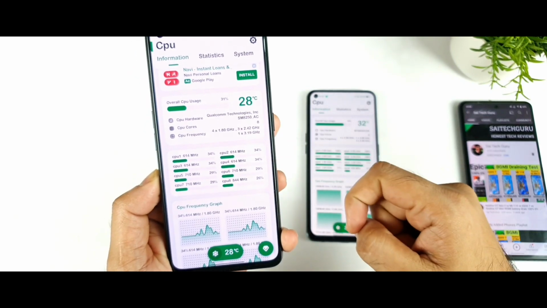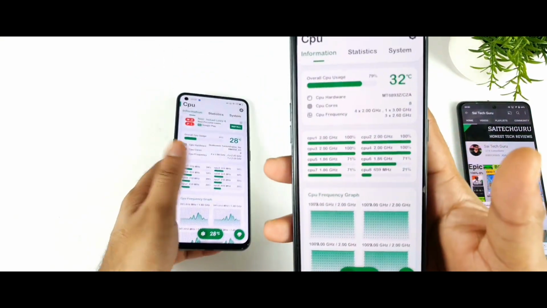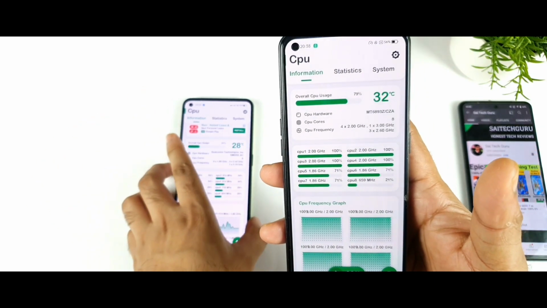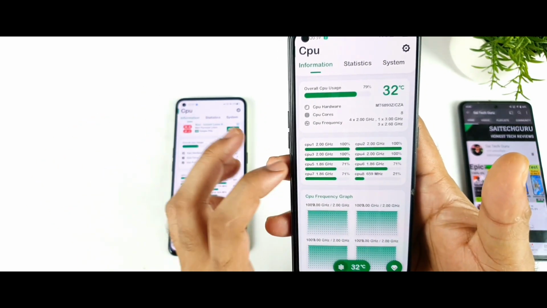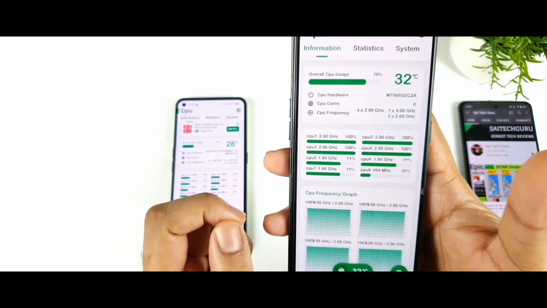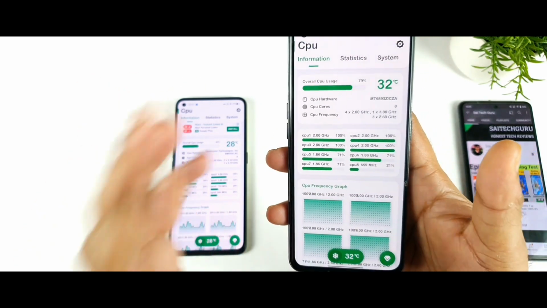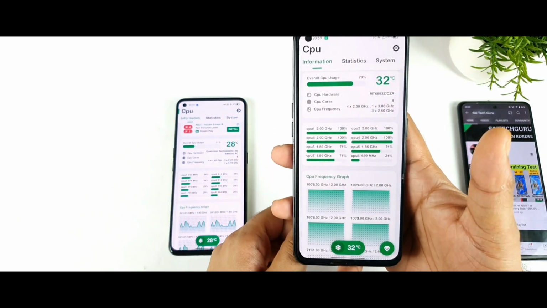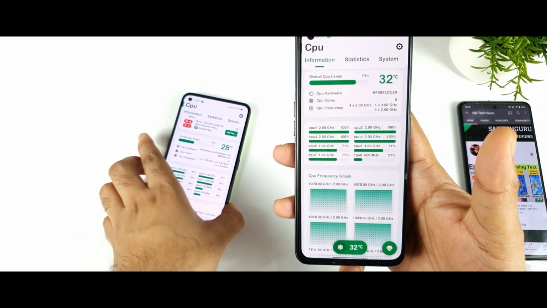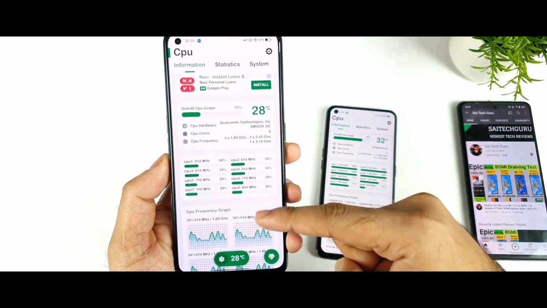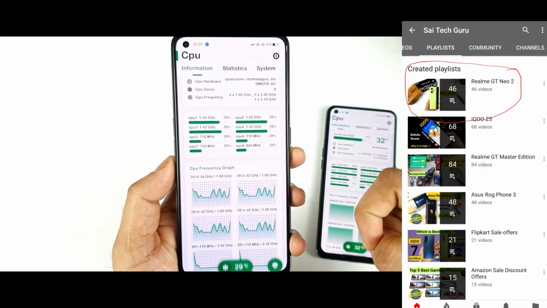Try to look at the graph. In high performance mode, look at the graph on the Realme X1 Max. It's 100%, and it's not decreasing. It's completely stable. There is no increase, no decrease, not even 1% change. You may think this is a screenshot, but it is not. This is the actual application I'm using, and you can see it's not even reacting. But on the Realme GT Neo 2, they keep changing constantly depending on the touch, as you can see.